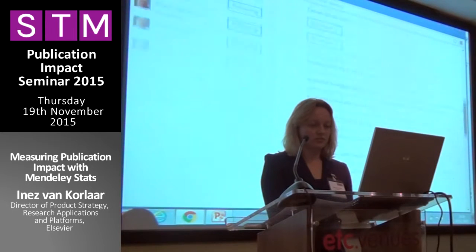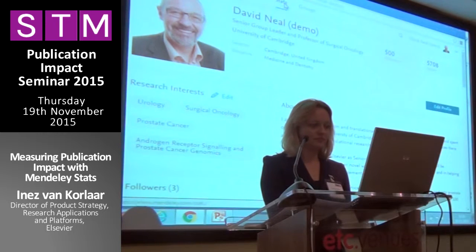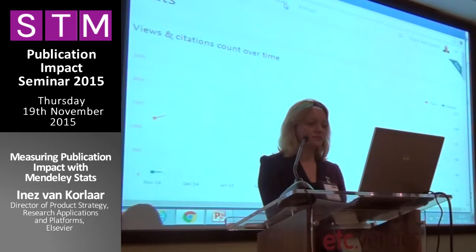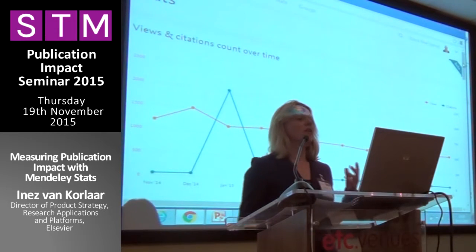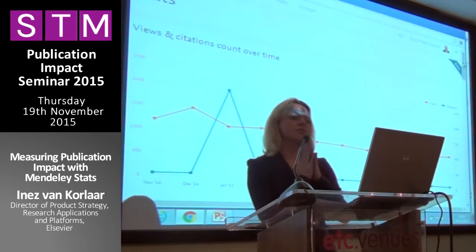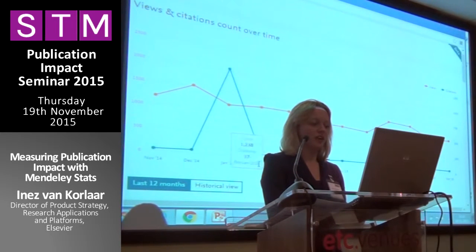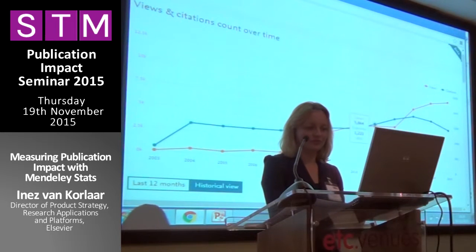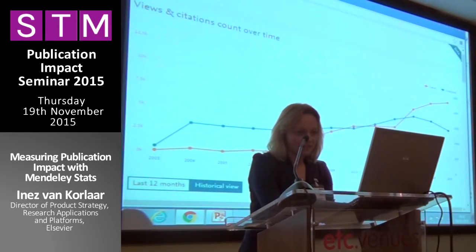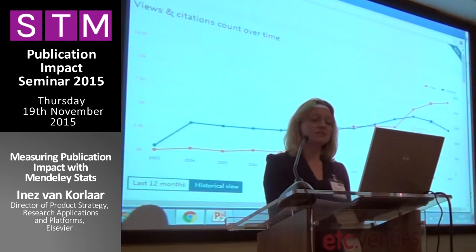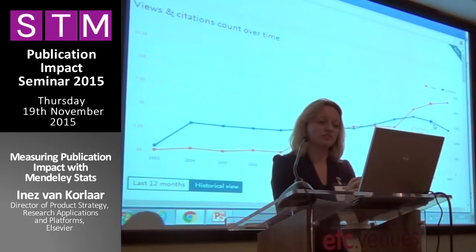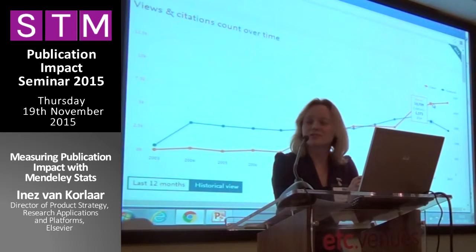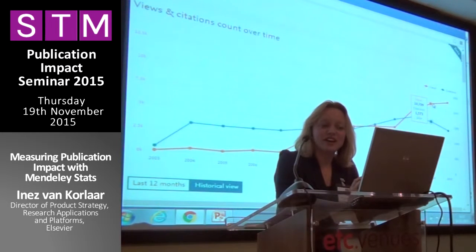I'm just going to go back up to the top and show you the stats page. There we are. So stats, first of all, gives an overview of views and citation count over time. And there's something interesting about this graph, which, by the way, you can have over the last 12 months or historical. Citations come from Scopus. So the citations in this graph are all the citations of all his articles, more than 500 articles. Views, however, come from the Science Direct platform. So this graph isn't really fair because it's comparing apples to pears. It's comparing